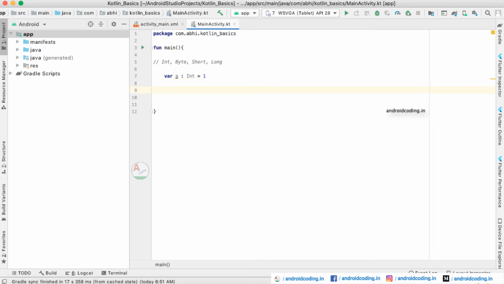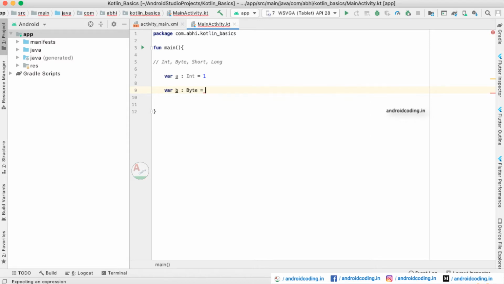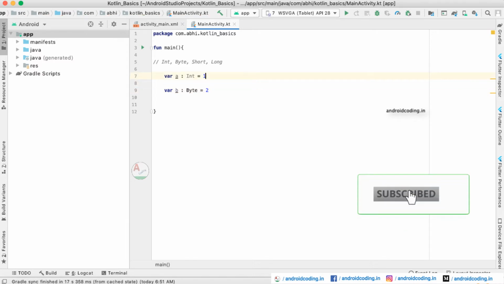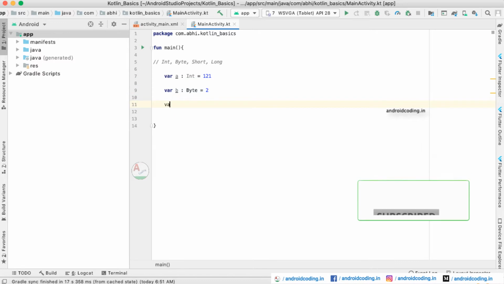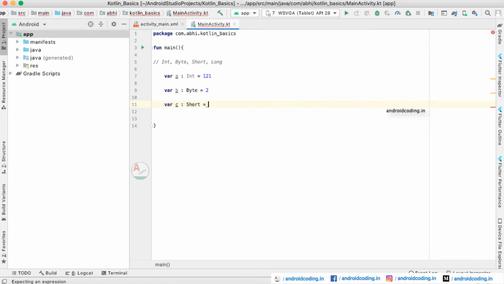Now I am declaring another variable and calling it a byte, and let us provide some number over here. Variable c is considered to be a short data type, and let us declare some number.